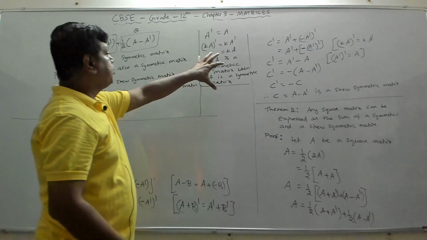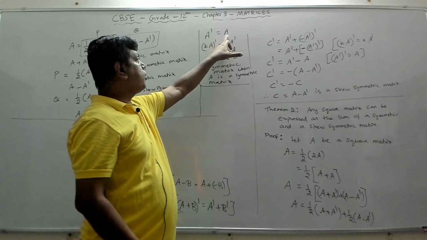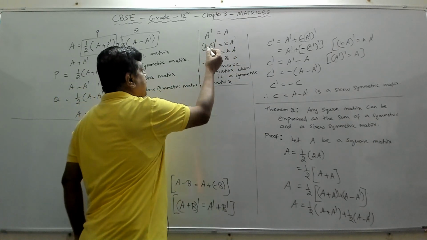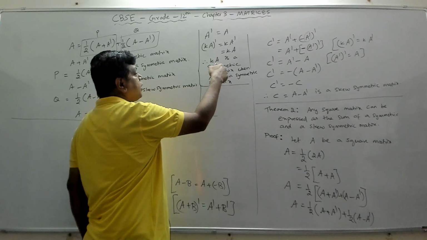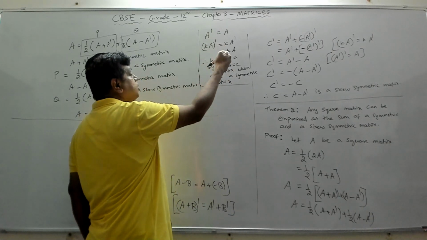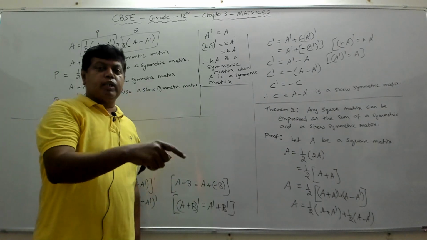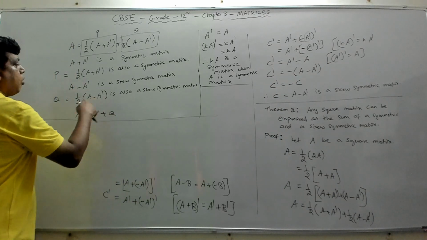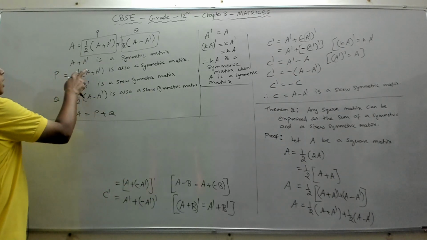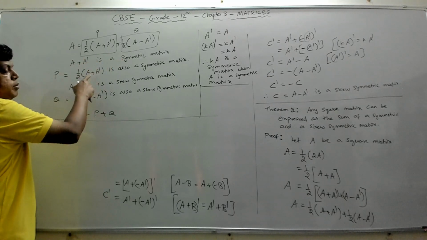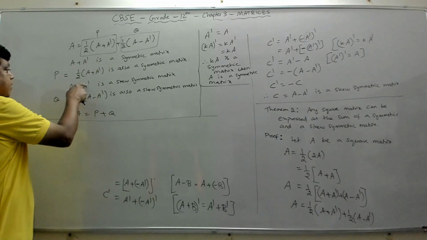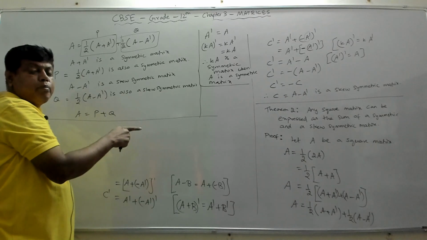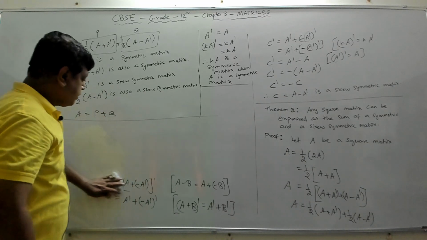So this is just a proof to say that whenever A transpose equal to A, Ka the whole transpose will also be Ka, which means this Ka matrix will become symmetric. If Ka the whole transpose equal to Ka, then Ka is called a symmetric matrix. Similarly, you can prove skew symmetric also, but it's okay. It's understood that whenever a matrix is symmetric, K times that matrix will also be symmetric. And whenever a matrix is skew symmetric, K times that matrix is also skew symmetric.